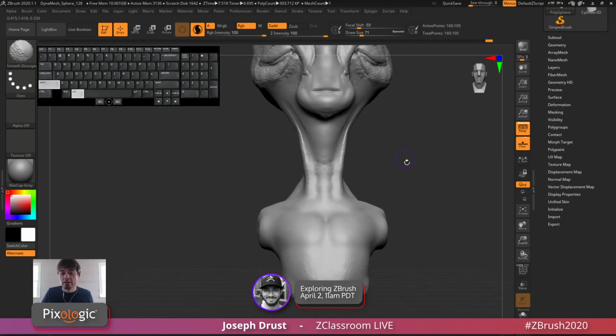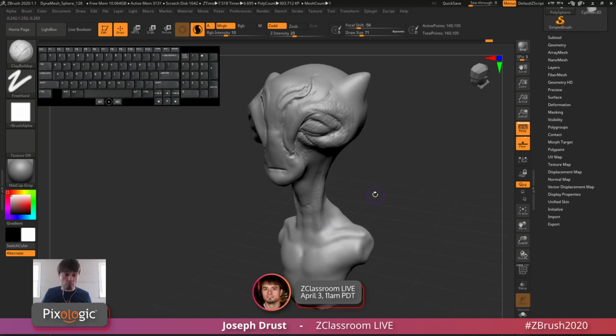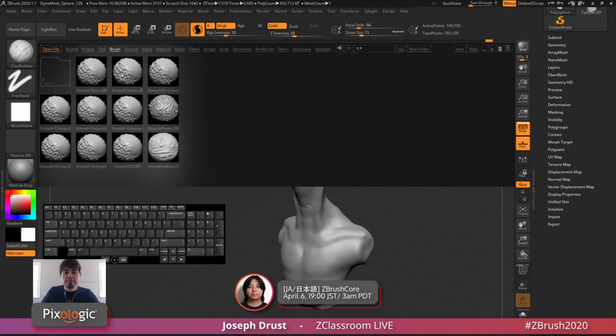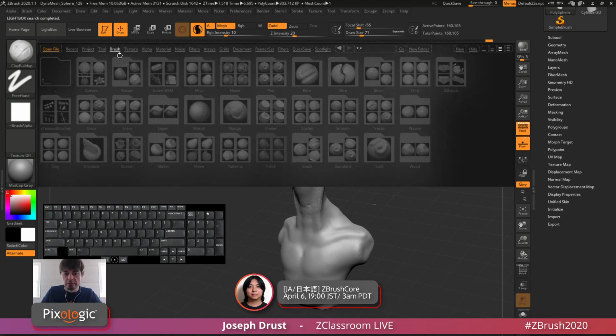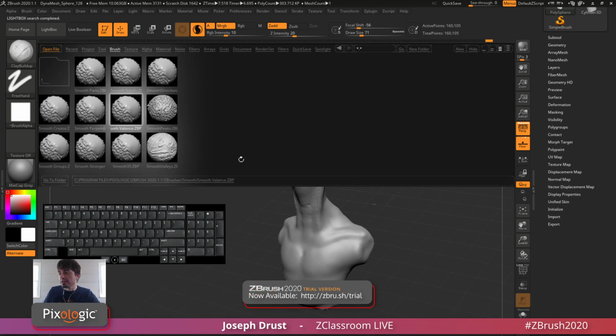Now at the beginning, this is a good tangent time here, we had a question that was asking the brush locations of stuff inside of ZBrush and how to get them and where they are. So the brushes in Lightbox, if I open this up, you can see where these live by going to the folder. So if I go to the brush folder here and then say I go back into that smooth area here, if you hover over anything inside Lightbox, it's going to tell you the path down here. So the ones that live in the brush folder here inside Lightbox are located in your program files if you're on Windows. If you're on OS X, it's going to be your application directory. And then in the ZBrush